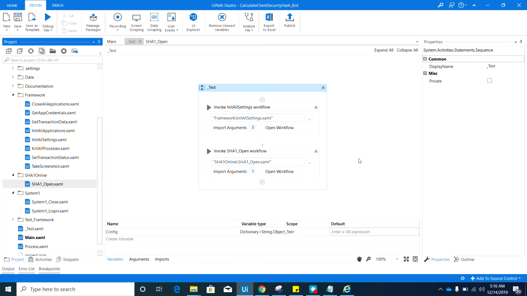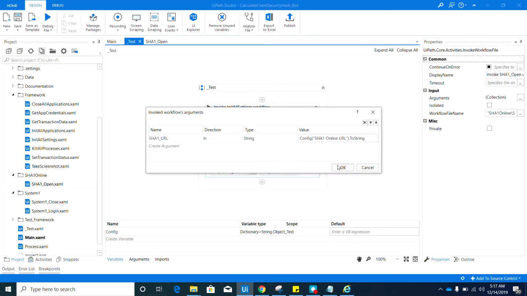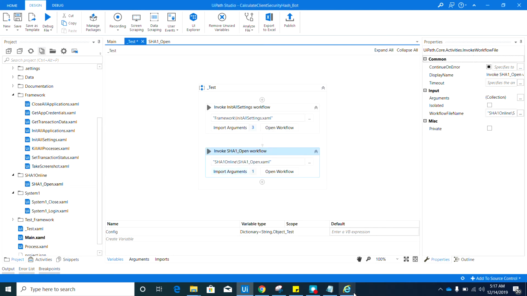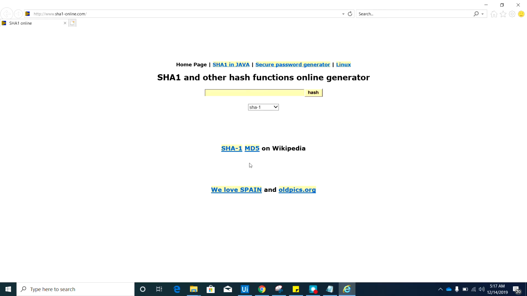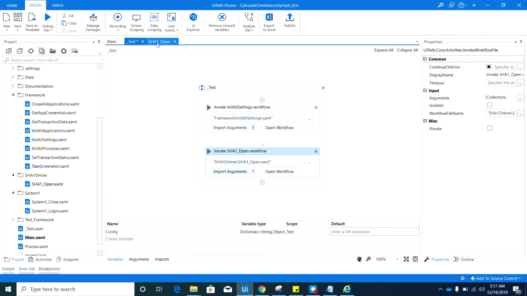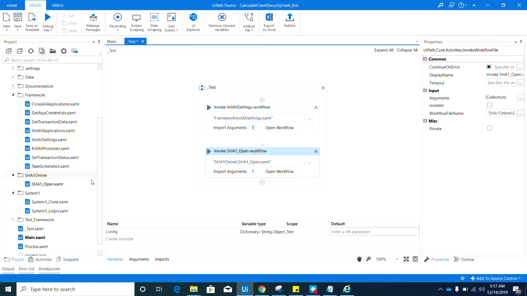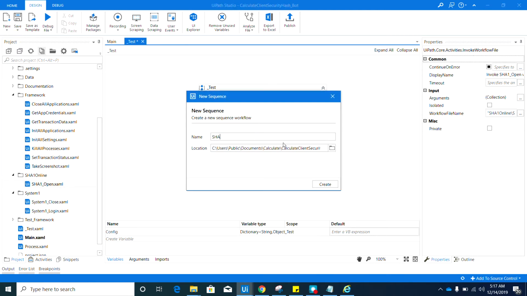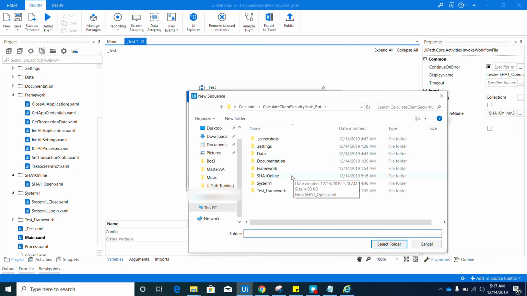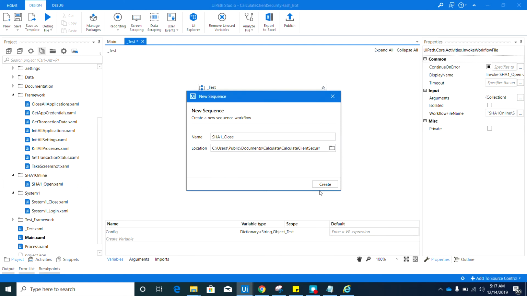Okay, so we get the correct value, and as you can see here, we are now in the SHA1 online page, and the next sequence that we will be working on is the SHA1 underscore close. So let's close this one for now. Now again, create a new sequence. Let's name that SHA1 close, and again make sure to select the SHA1 online folder for the location, and then